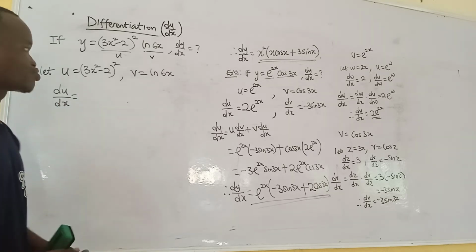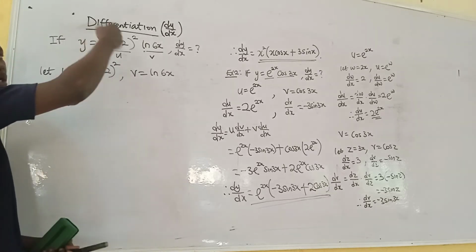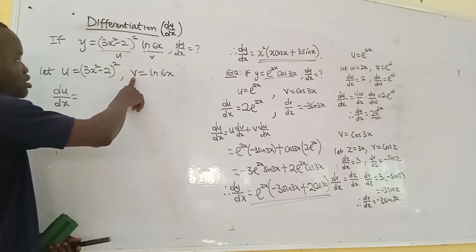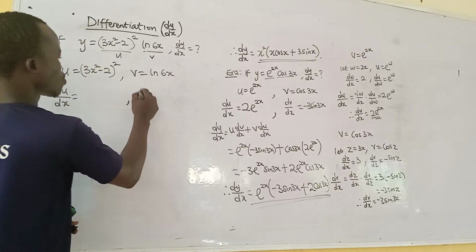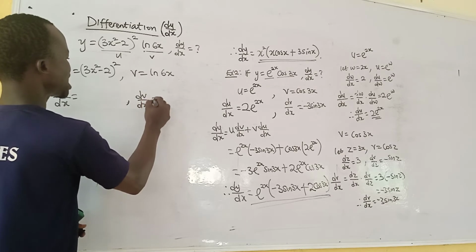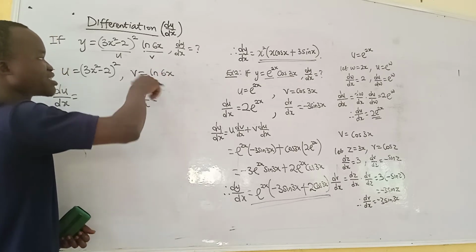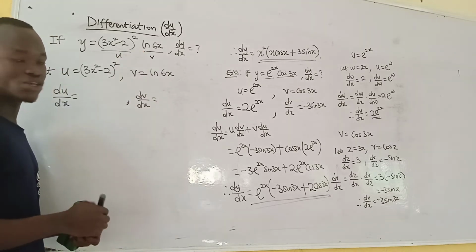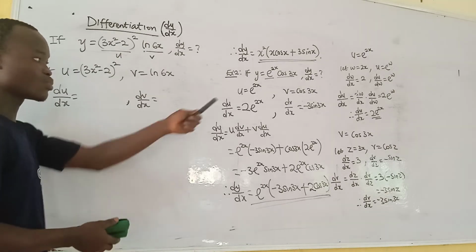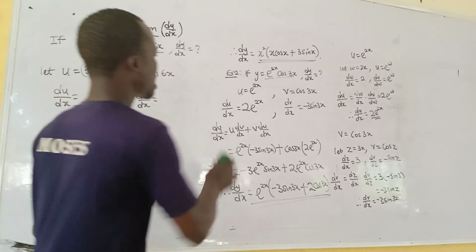This requires the chain rule, because this polynomial is carrying another power. And dv/dx also requires the chain rule, because this is ln 6x and not ln x. So you use the chain rule to find both, like we did for the previous one. So now,